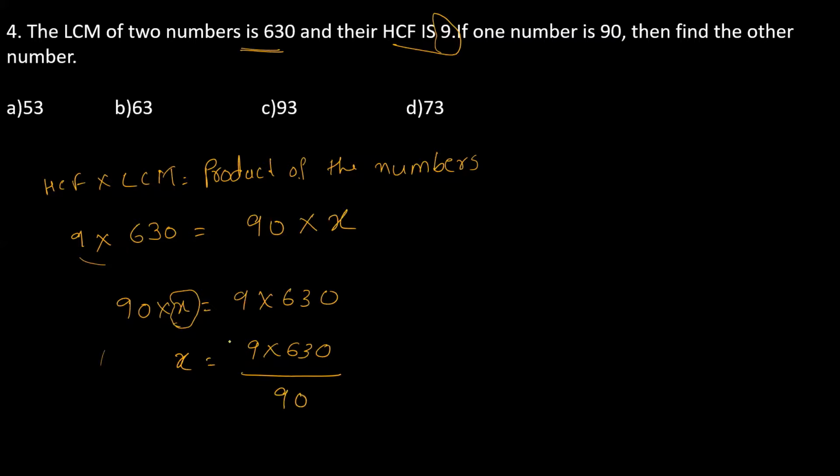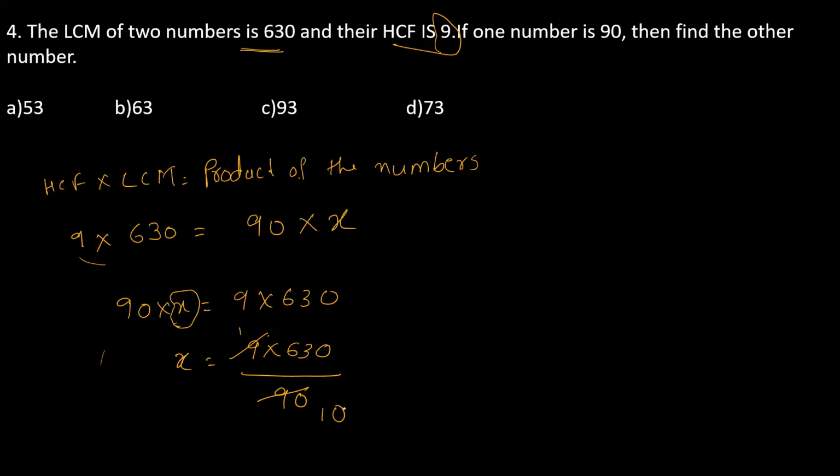Before problem I have explained. Here 90 into X. I am writing this from LHS to RHS. It will become in the division. 9 into 630 by 90. 9 is in the numerator, 90 is in the denominator. So we can cancel these two. 9 ones are 9. 9 tens are 90. 9 into 630. Into is there. So we can cancel 9 and 90. If in place of into, if it is plus or minus, we cannot divide it. Okay. Here it is a multiplication. So in this way, we can cancel 9 and 90. 9 ones are 9. 9 tens are 90.